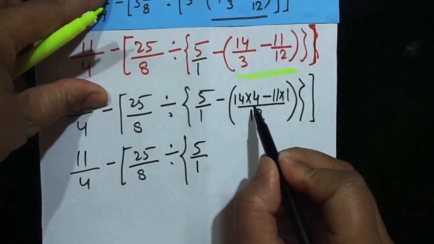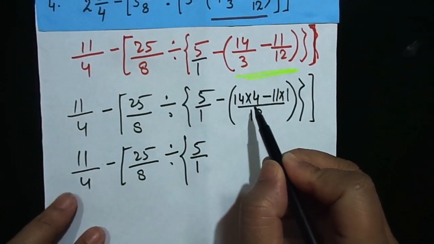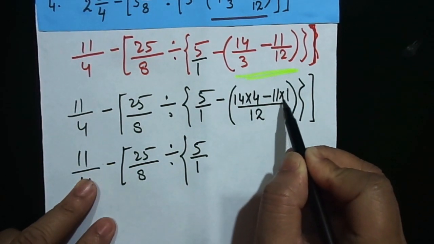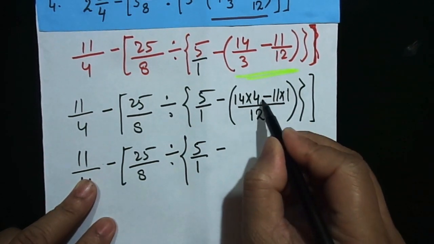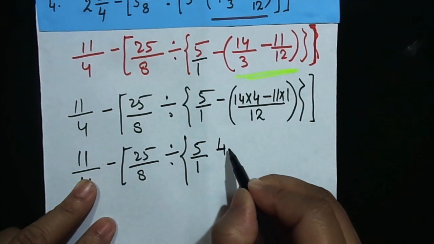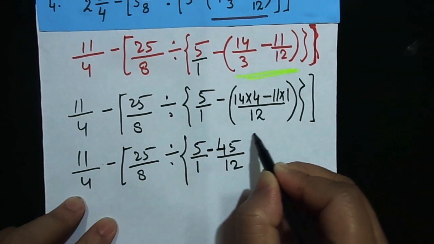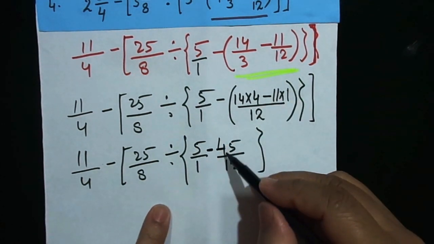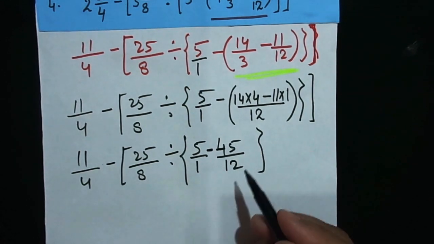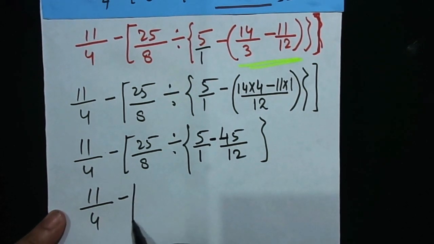14 into 4 is equal to how much? So 14 into 4 is equal to 56 minus 11, which is equal to 45. Here we have a sign of minus. 45 by 12. I can cancel over here, both of them can get cancelled, but I will not cancel. I'll cancel it later on. So 11 by 4 minus 25 by 8